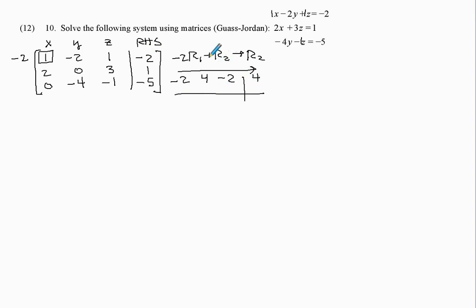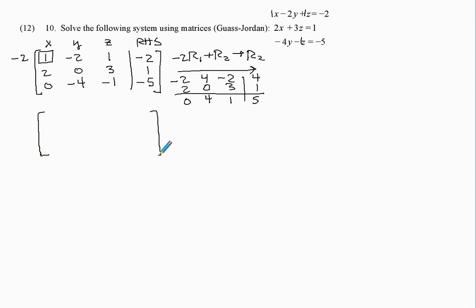Okay, now we just rewrite the second row. 2, 0, 3, 1. Now add these vertically. 0, 4, 1, and 4 and 1 is 5. So our new matrix,